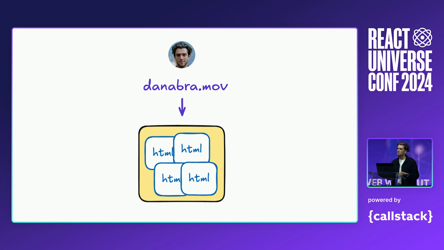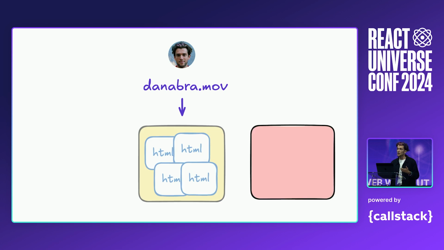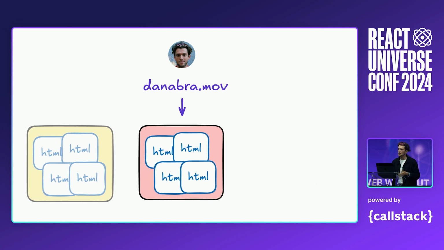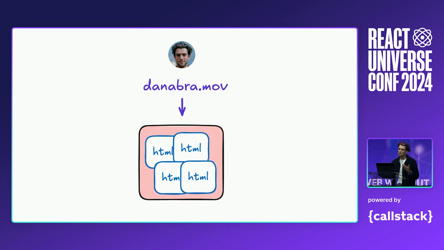And also, if my hosting provider goes down, or if I'm not happy with it, or if they start messing with my files, I can just copy and paste them to a different box, right? I can serve them from a different hosting provider. I can change the DNS record to point to the hosting provider, and then again, I'm fully in control of what I put on the web and how it's presented.